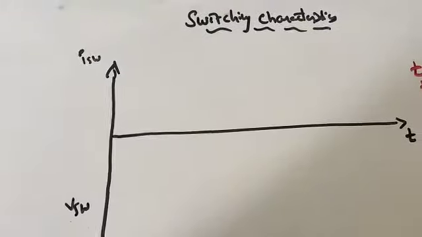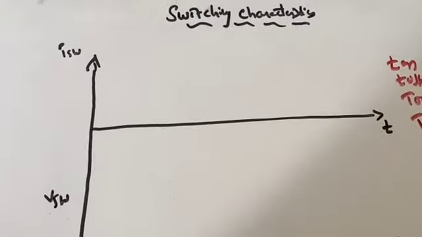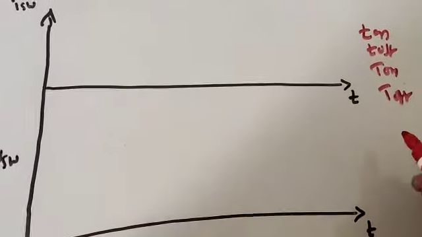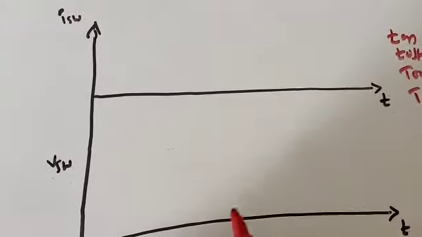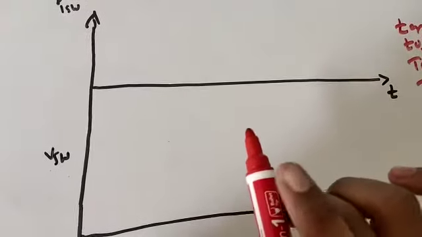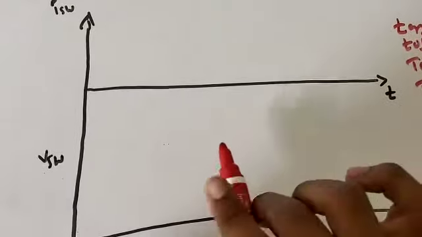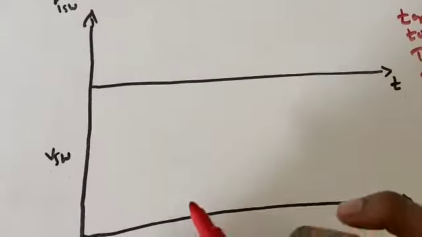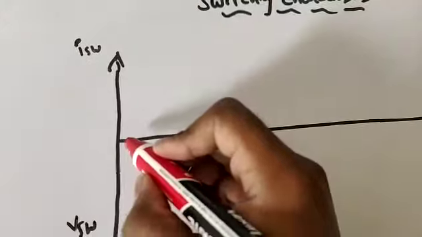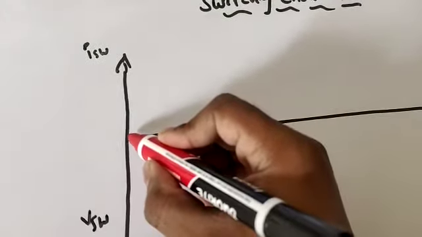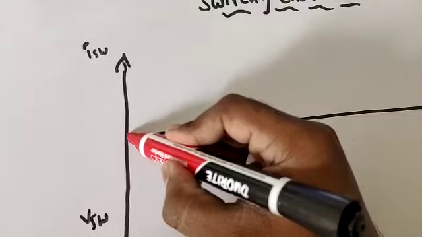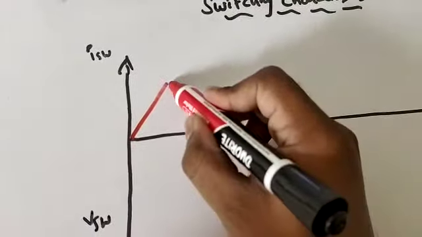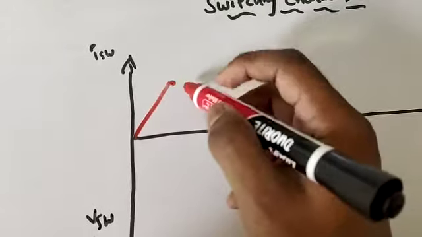Draw the switching characteristics, right? For example, let me consider a bulb or a tube light, whatever it may be. Whenever I turn on the switch in order to make the tube light go on, it will take some time to reach the steady state condition. At the particular condition, the switch is in off position, so when I turn it on, it will take some time to reach this steady state position.